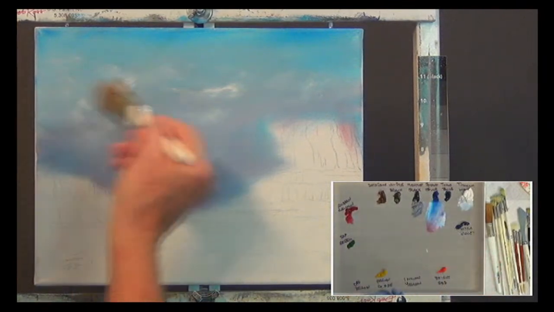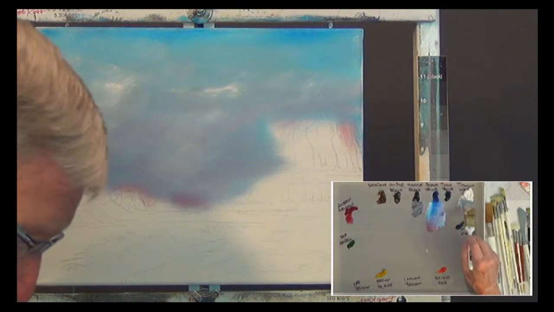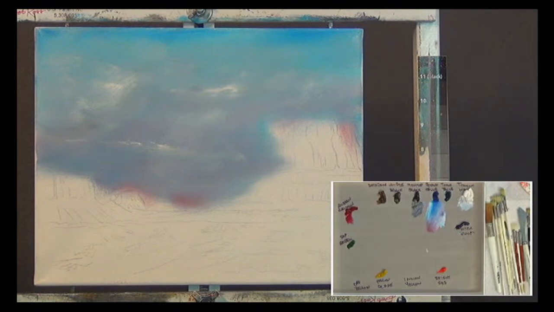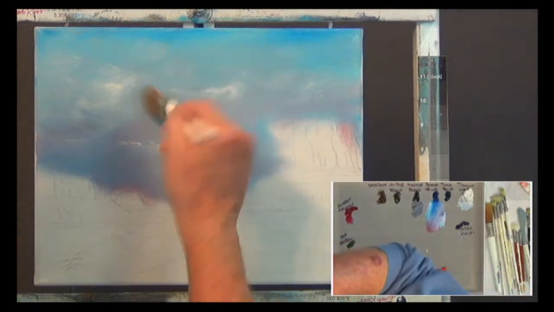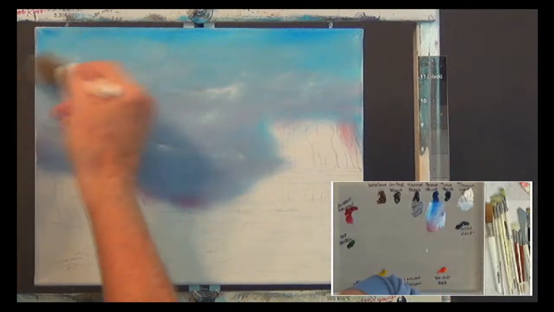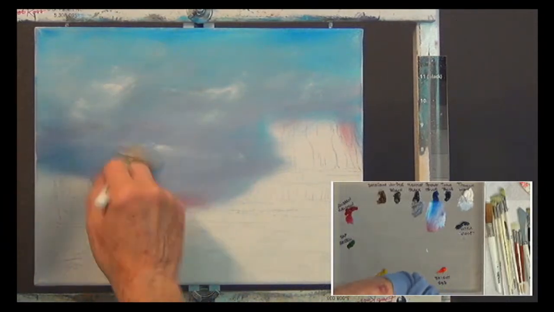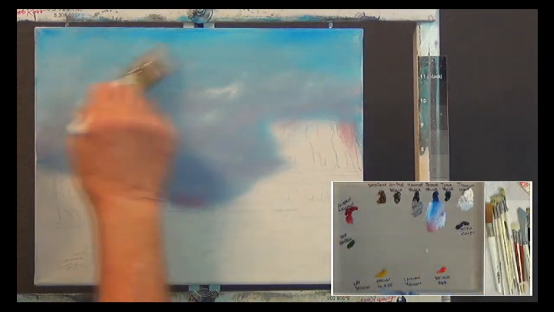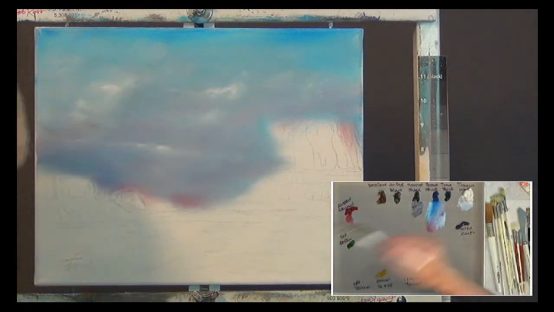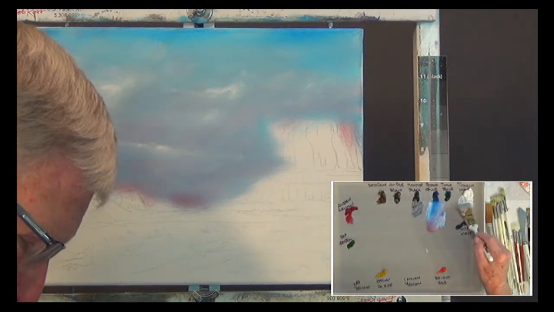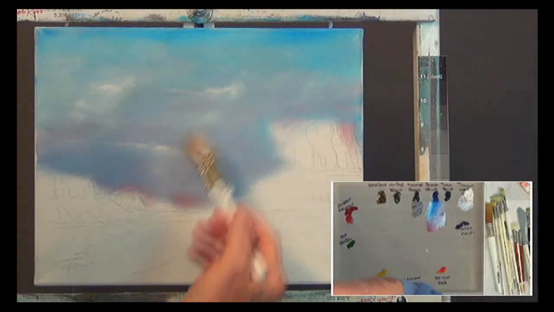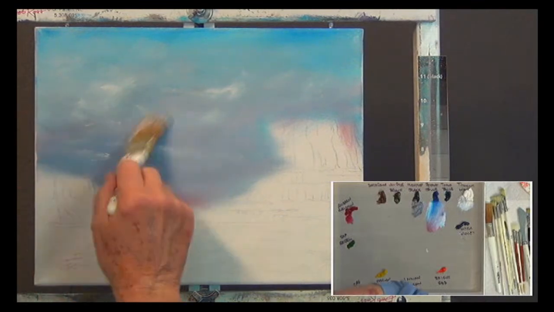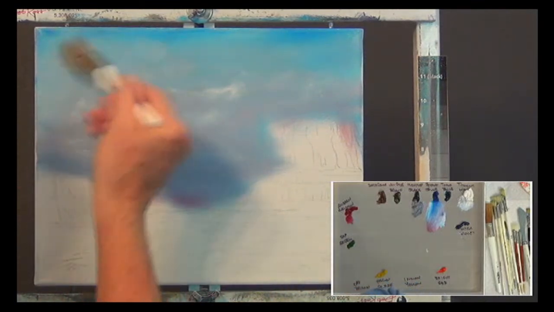I don't have to spend this much time on the sky, but I just want to give it some interest. You notice the sky makes up probably almost two-thirds of the painting, two-thirds of the canvas. So that's a good compositional thing to know, that you don't want to have two-thirds of your canvas just one color. You want to have some things going on that look like there's